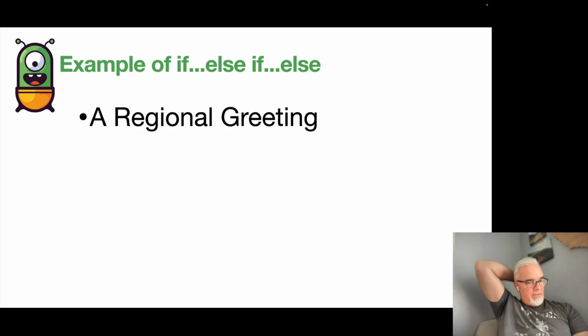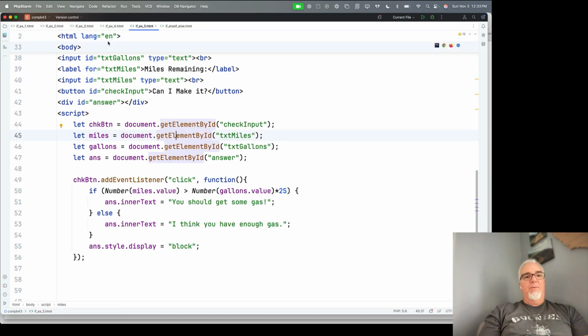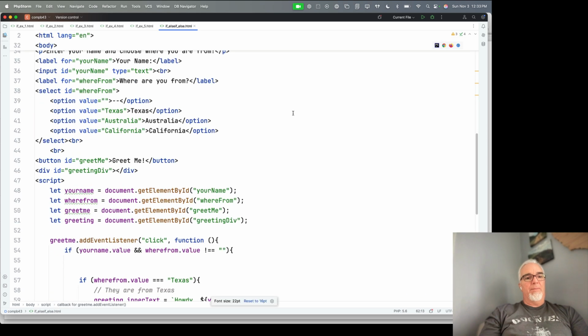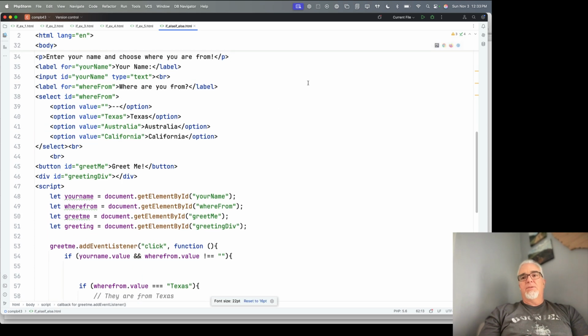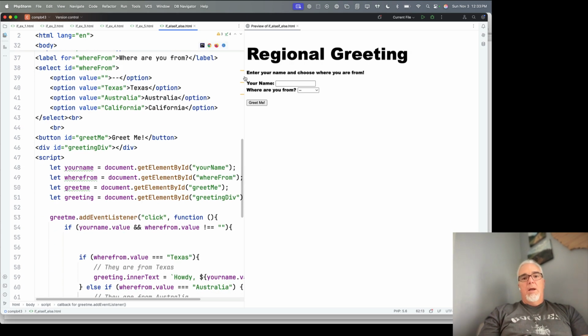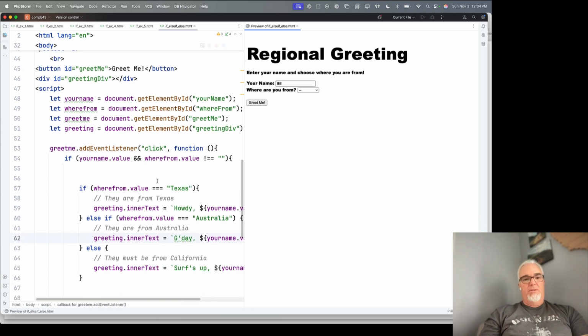And so we're going to use a new example code here, and I'm going to call this the regional greeting. Let's make this a little bit bigger so we can see it. What we can see here is that we've got code that says, what's your name? Okay, so my name is Bill, and where am I from? Texas, Australia, or California? Okay, and based on that choice, what we're going to do is